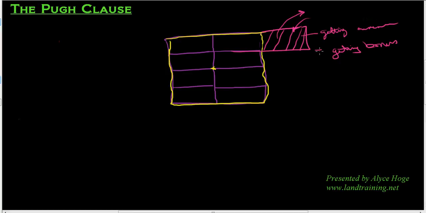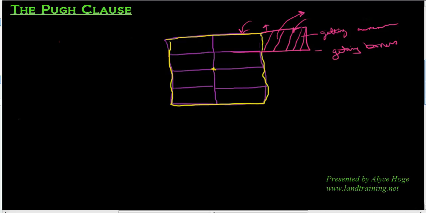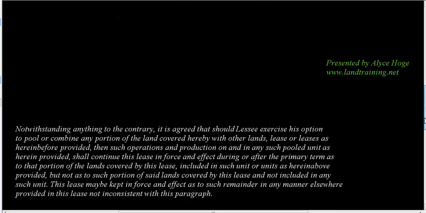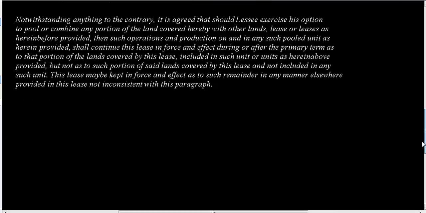If you just remember that if you have a lease, part of it is inside of the unit and part of it outside of the unit, we're going to require the oil and gas company to release the part that's outside the unit to give the landowner the opportunity to lease it to someone else and possibly then have another well on that property or a pooled unit on that property, and then they would be able to get the revenues or the bonus or the royalty payments.